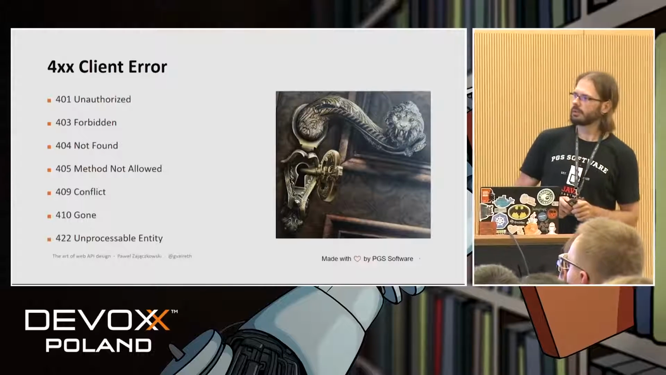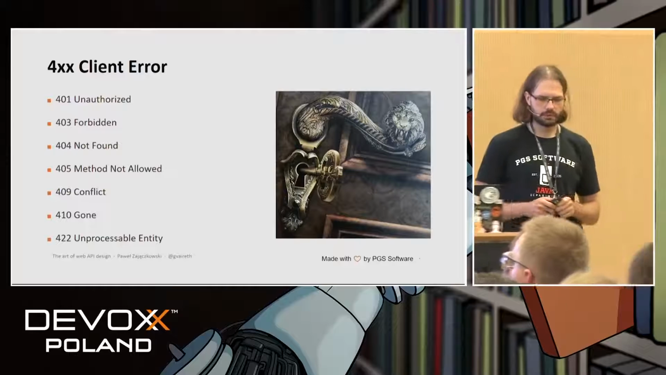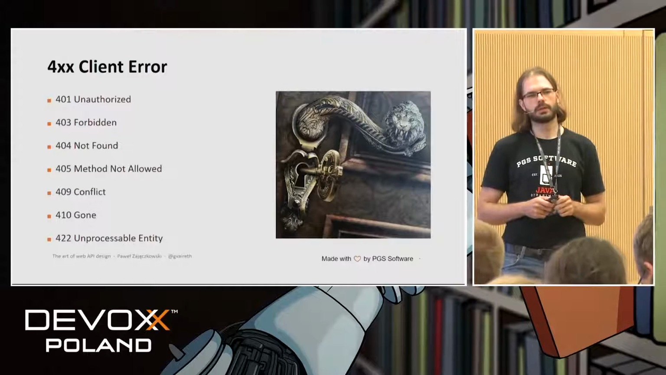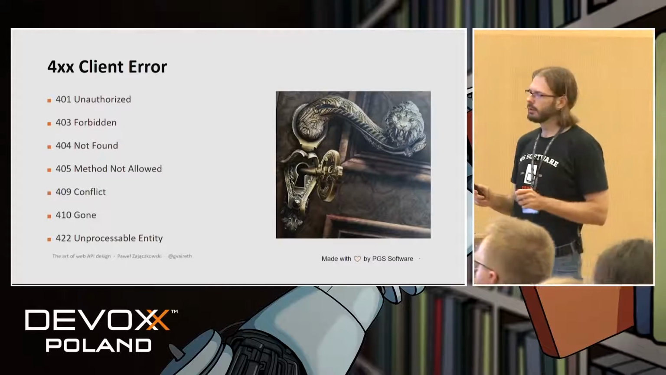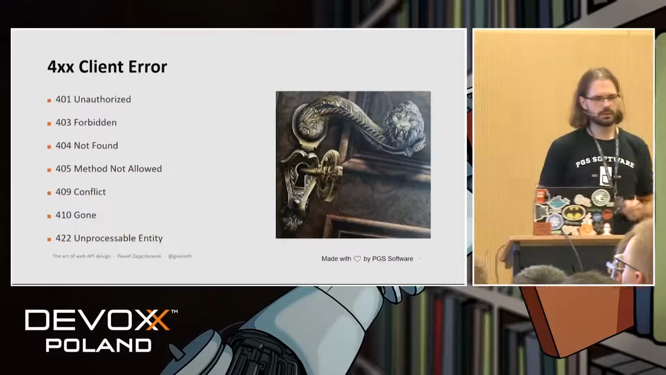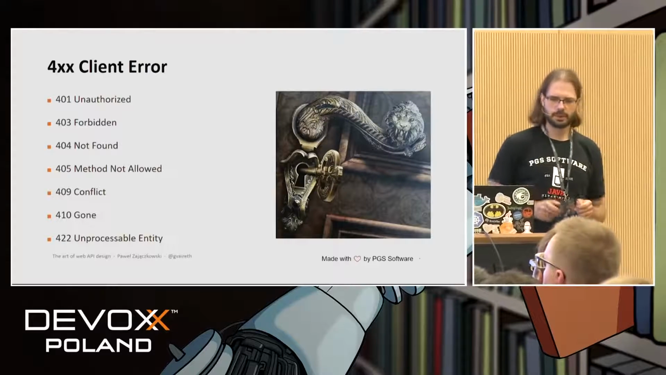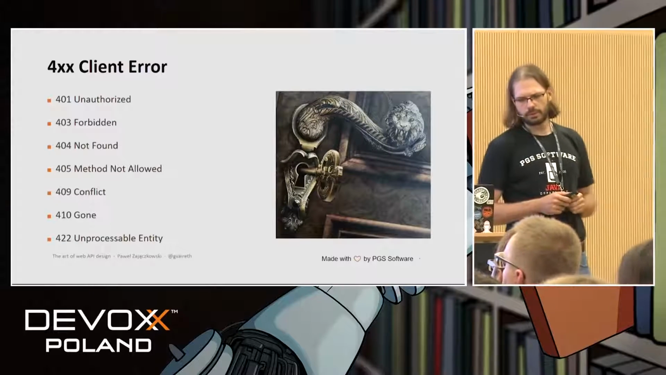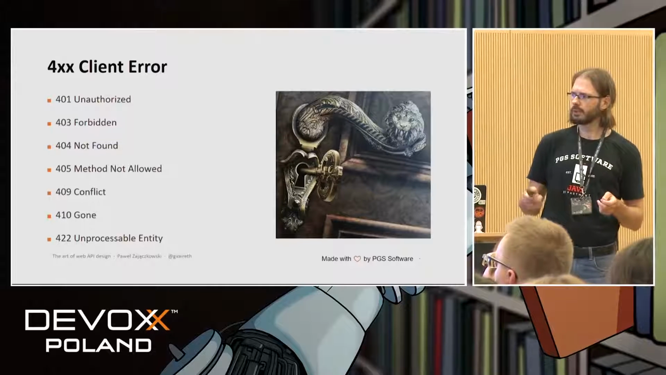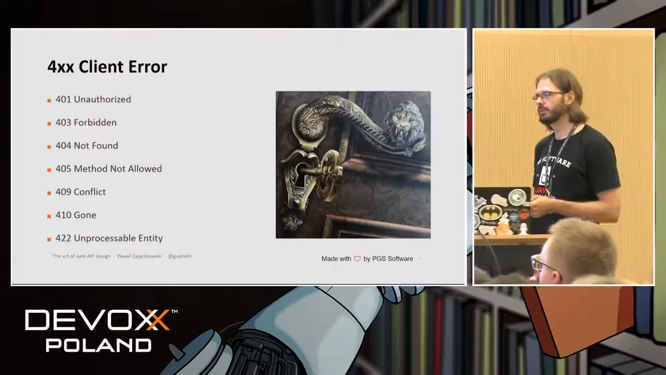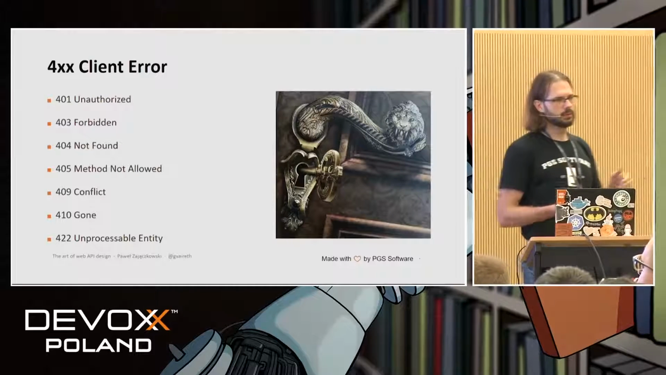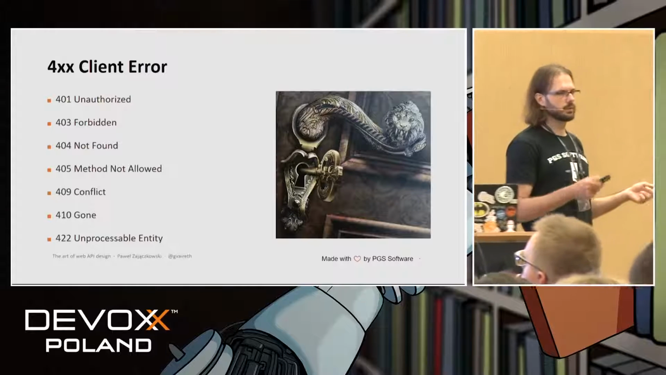400, I think the most codes are in this category. Unauthorized really means unauthenticated. I don't know who you are. Forbidden means really unauthorized, but the name was already taken. It means I know who you are, but you can't do this. 404, yeah, we know that one. 405 means the object is there, but the method is not allowed because maybe it's immutable or for some other reasons. Conflict, well, the thing that you are trying to do in the request is in a conflict state with